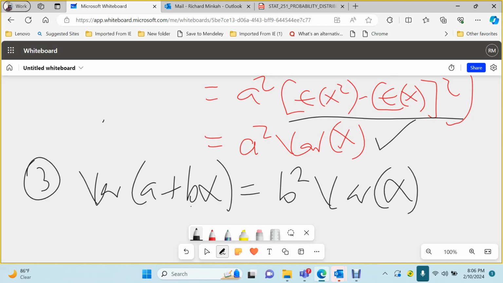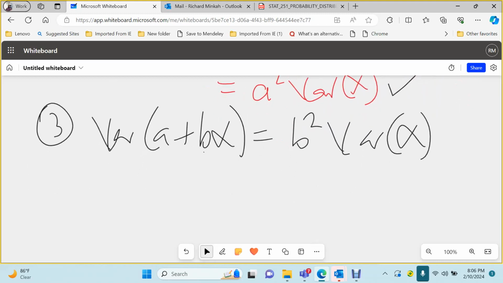Now, what will be the variance of negative 3X? Variance of negative 3X: 9 times the variance of X. Good. Okay, so we are getting somewhere. And then lastly,